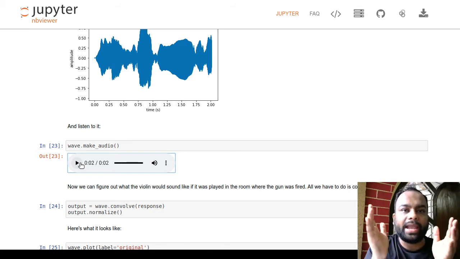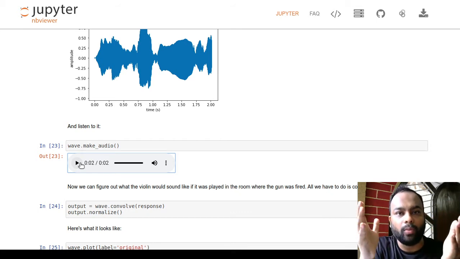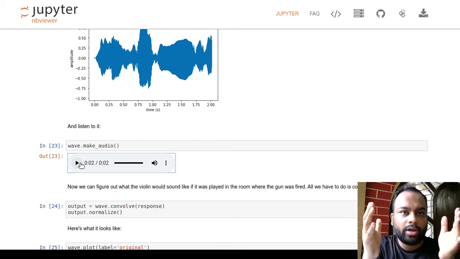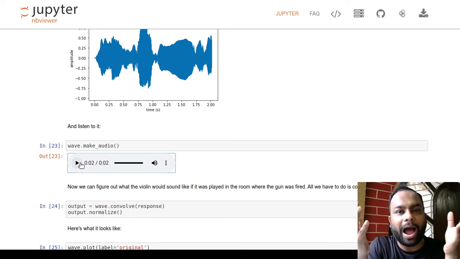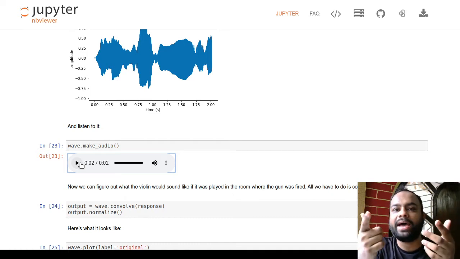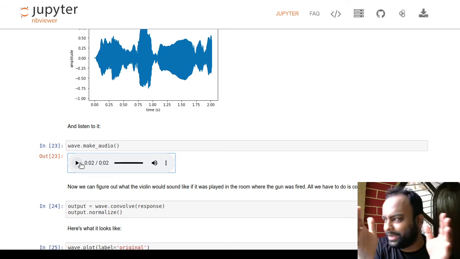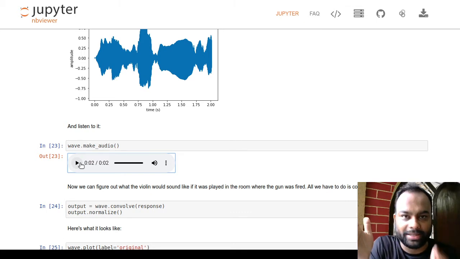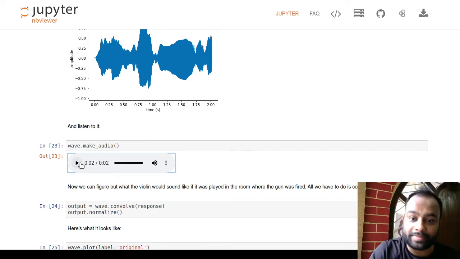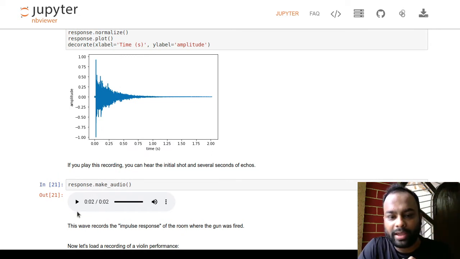So for example, again, what was my point? My point was to retrieve the impulse response of an empty hallway, right? So in order to get the impulse response of an empty hallway, what can I do? I can somehow get to the empty hallway and fire a bullet in there. Okay, make a gunshot in there. This might sound weird, but this is quite okay in some other countries, for example, not in India maybe. Right. So what I can do, I can go to the empty hallway and do this.